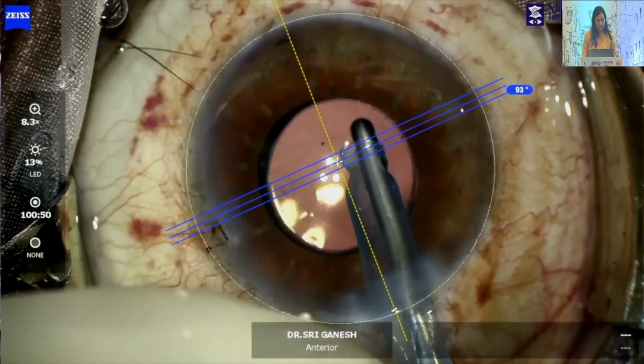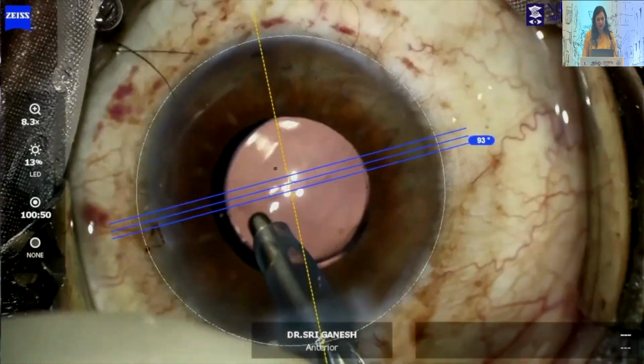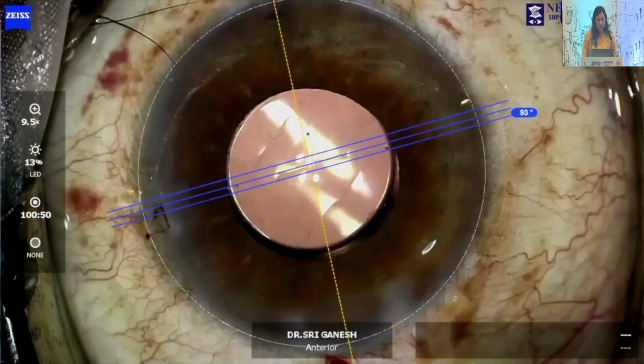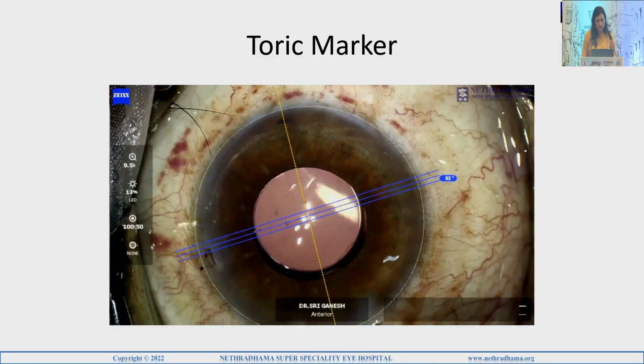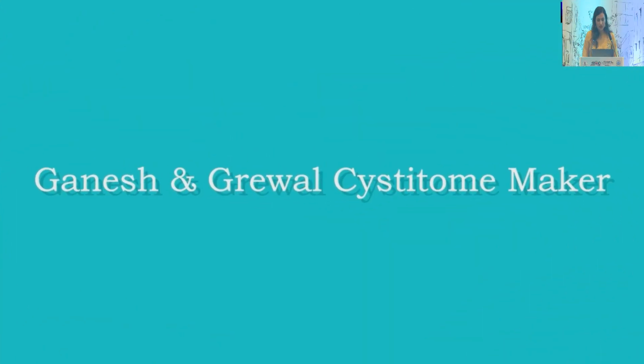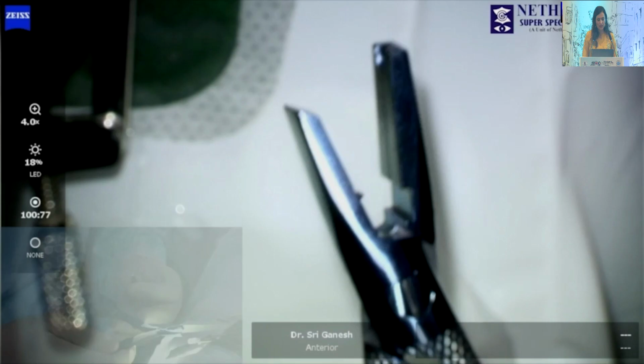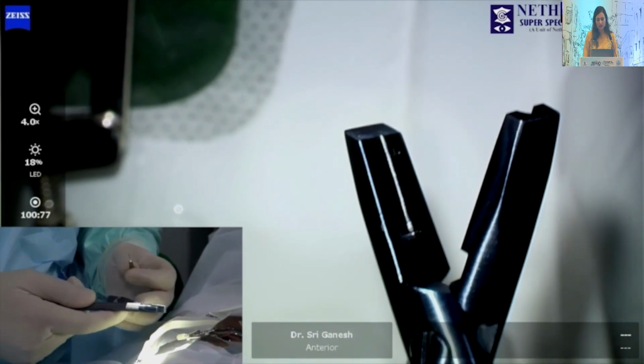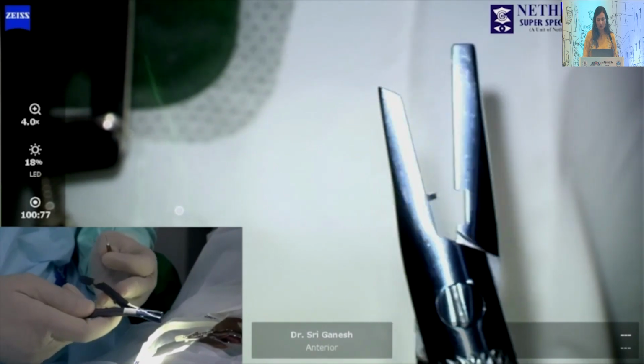And then you load the lens and implant the lens in the capsular bag. And you don't have to worry about the pupillary constriction, because you will always be able to see the mark in the center, and hence you can achieve proper positioning of the lens without worrying about the pupil size coming down. This is another innovation, basically Ganesh and Grewal cystitome maker, which was done to tackle the problem of